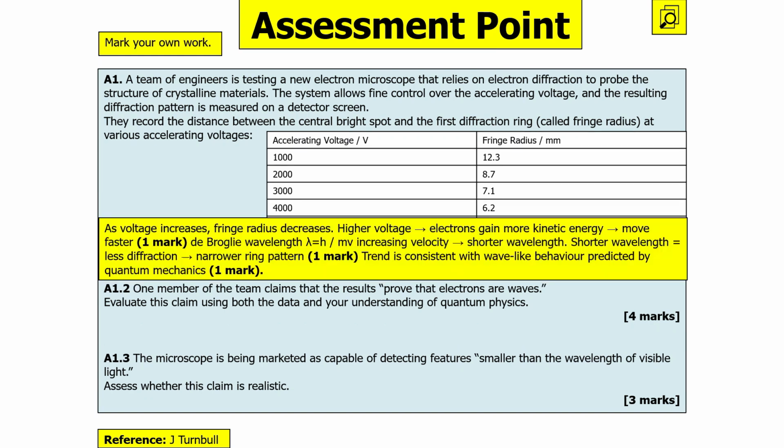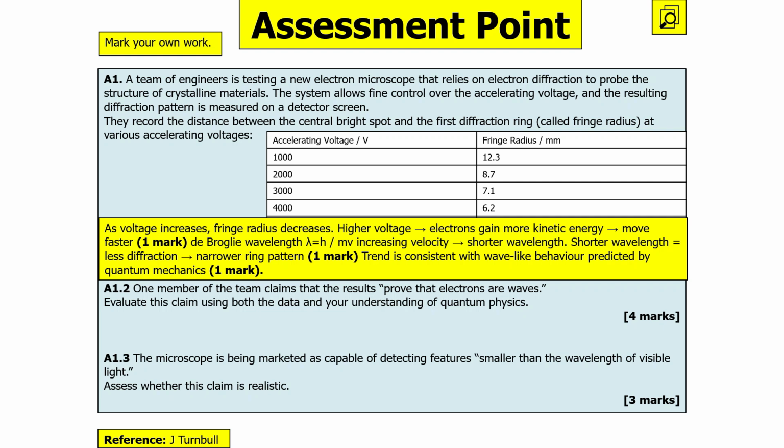Right, in our first one, as the voltage increases, the fringe radius decreases. The higher voltage means the electrons gain more kinetic energy, so are moving faster. The de Broglie wavelength, lambda equals h over mv, so increasing velocity means shorter wavelength. The shorter wavelength means less diffraction, leading to a narrower ring pattern, and the trend is consistent with wave-like behaviour